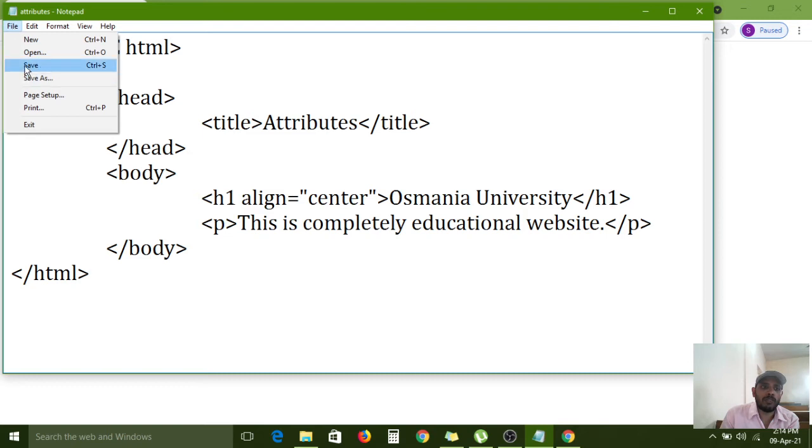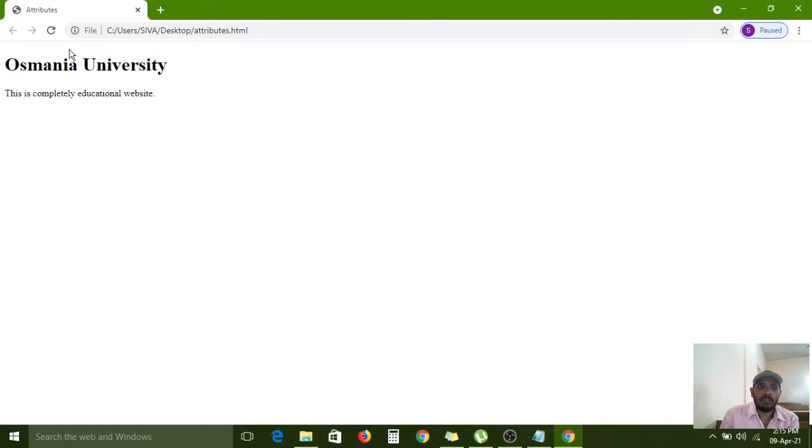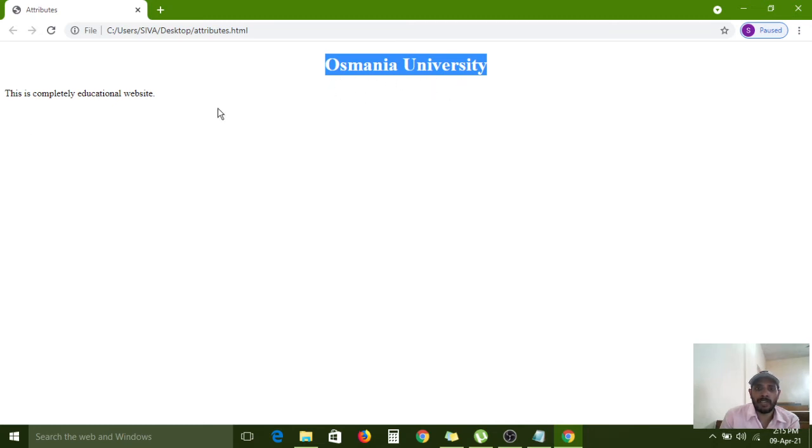Go to the file menu, choose the save option. Now I am refreshing this page. So the Osmania University heading changed from this location to this location. It is centrally aligned. The heading has aligned with the center position for the entire web page.